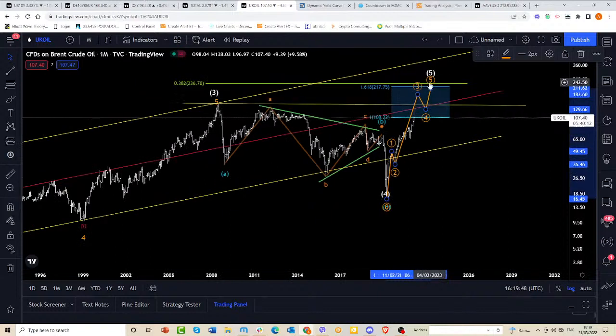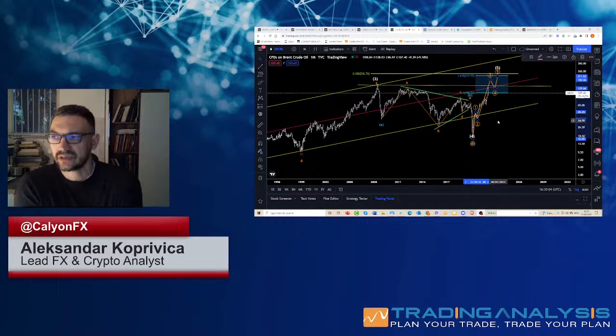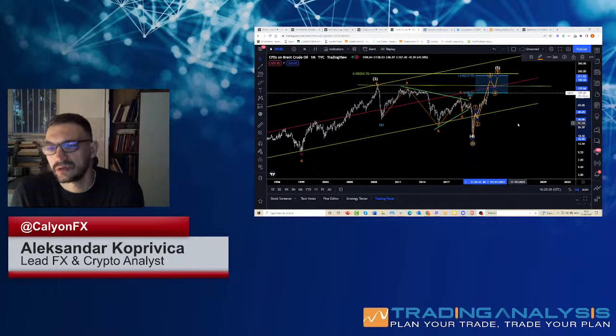This is still going to be my hypothesis in the current environment until I see a clear 5 waves down, testing 67, 68 again. In this current situation, we would need to see a very hard recession coming to see these prices in oil back down. Since we have looked at the yield curve, the stock market is still trading on the upside. This might be a consolidation, or it also might be just a retracement. We will see that. So accordingly, we will also track this oil wave count, which is very important for the global markets.